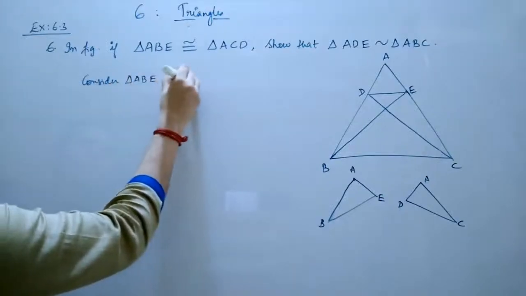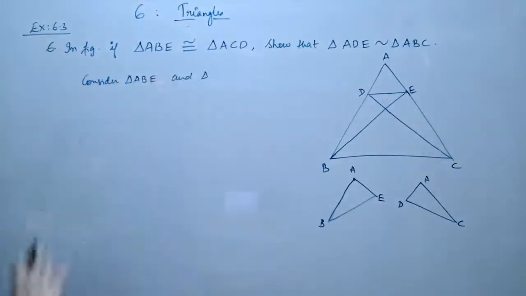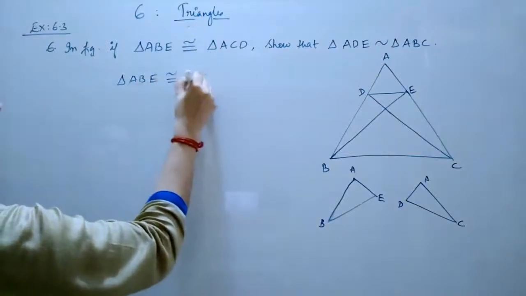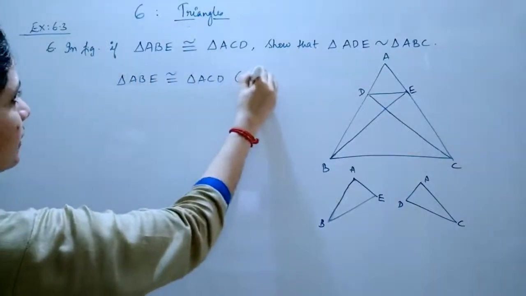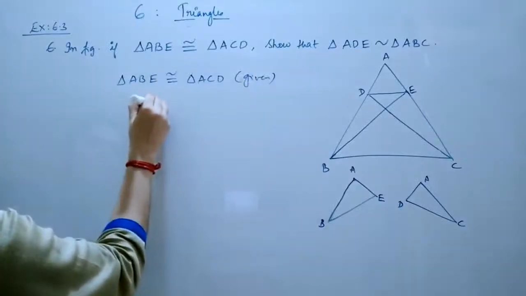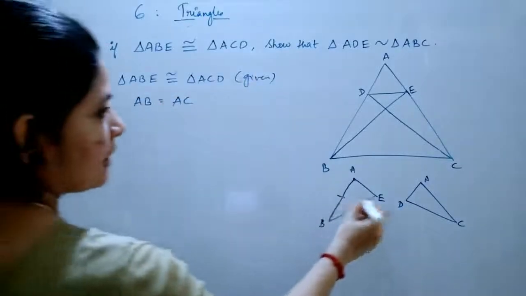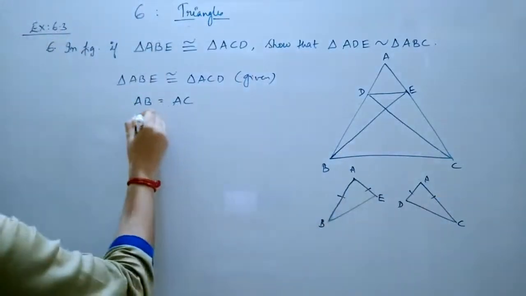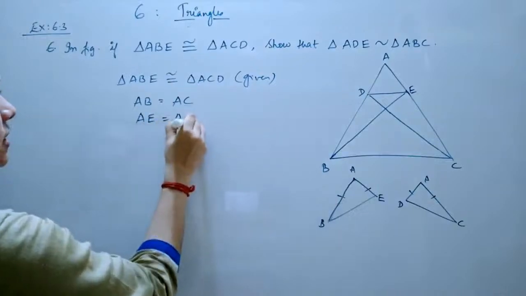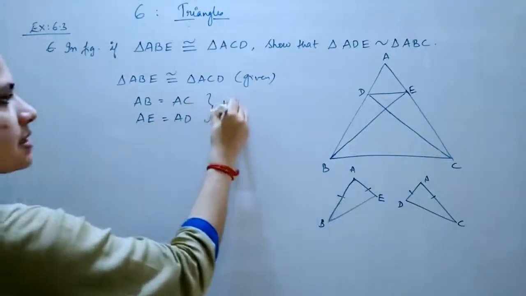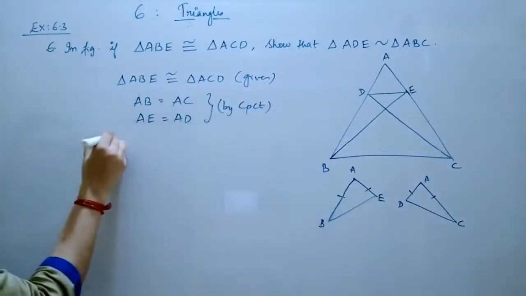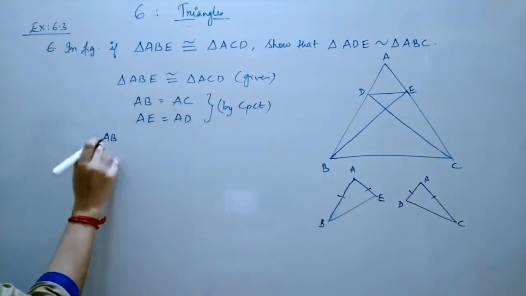It is given that triangle ABE is congruent to triangle ACD. This is given. So you get AB equal to AC and AE equal to AD. Okay, AE equal to AD. These two concepts you will get by CPCT. Clear? Now from the same thing, that is AB equal to AC, I can get